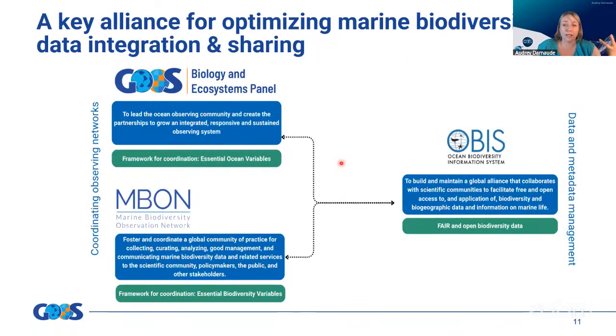So the aim of this alliance was really to optimize marine biodiversity data integration and sharing worldwide. And for this, the GOOS BioEco panel and MBON, who have different missions, but also quite similar missions, work together to coordinate observing networks, maximize their spatial coverage, and harmonize observation and data collection between them, ensuring that marine biodiversity data is standardized,